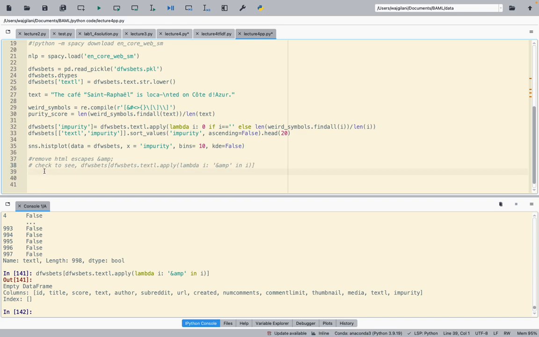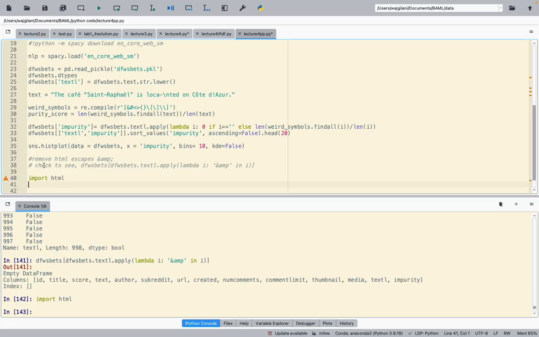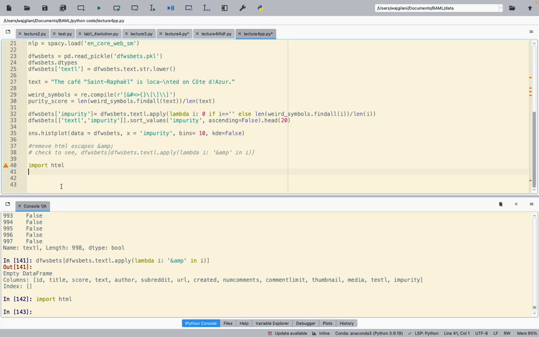Right, but either way, in this case, we will import an already preloaded library into Pandas. So this is the easy one. We don't have to pip. We don't have to do anything. So we do import html. Right, this is an HTML object. If you do any kind of web scraping, as we did in BAP, this is a cool library that has a lot of cool things for us. So in this case, what I want to do is, I'm going to go ahead and say